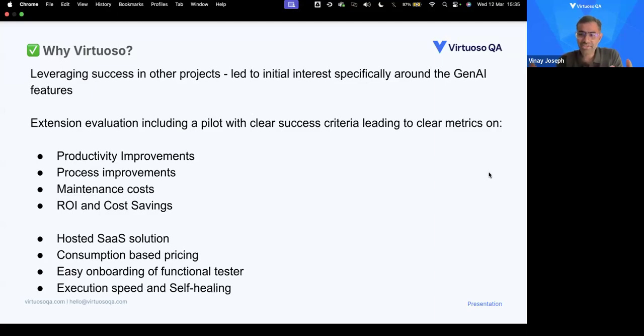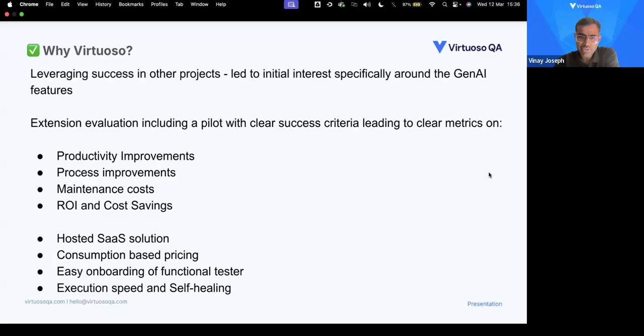And that has to be proved in a pilot quickly, to understand whether you can get to those target metrics, see the ease of reuse, see the tool in action, and achieve those objectives. That was critical for answering why Virtuoso and not some other tool